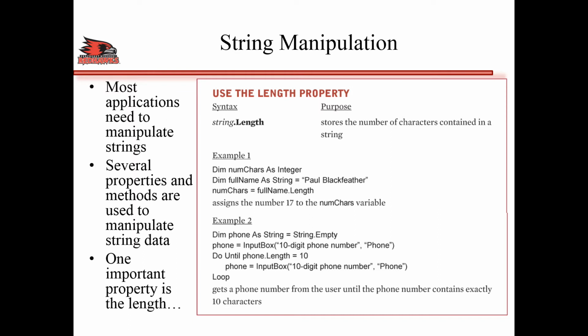In the second example, we have a do until loop, which basically gets a phone number from the user until the phone number contains exactly 10 characters. If it's not 10, then it goes on looping until the user enters a phone number with exactly 10 characters or numbers. So basically, this is what we do to tell the user that they're not entering the phone number in the correct format unless it has exactly 10 characters. So that's one use of the